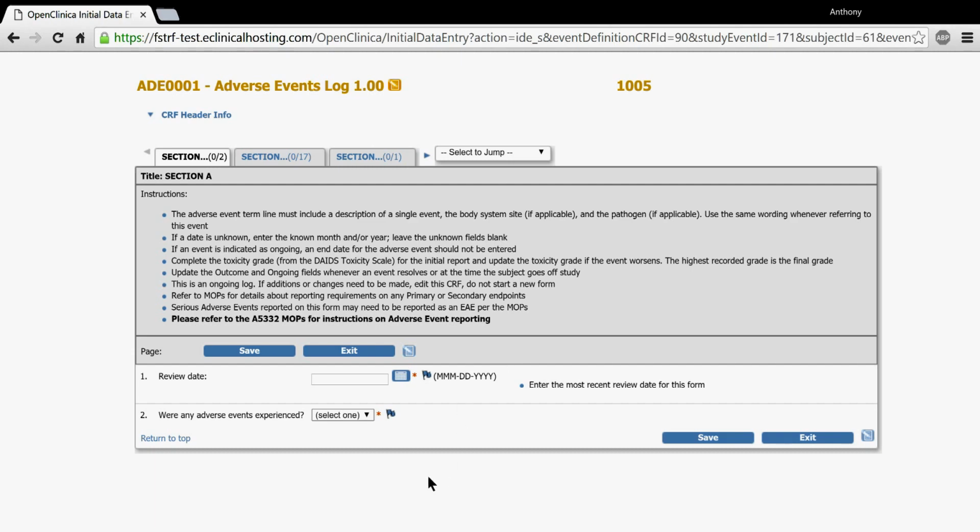So whether question 2 is answered yes or no, were there any adverse events experienced, you update this review date. The review date is purely a function of making sure for the statistician to have a check to make sure that you are going in and updating the logs at every visit. Events are particularly important for this study, so it's very important to the statisticians and for the analysis that we know that you're going in and looking at the subject's record and affirming to us by entering a new review date